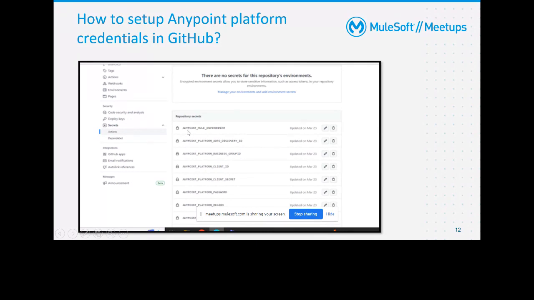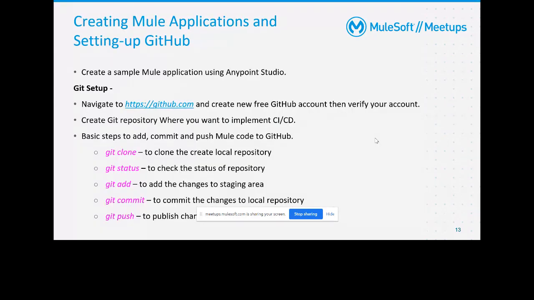Suppose there is some username: it is a key value thing. So you can put the key as username, and in value you can specify your value of the username. It will not show again when you click on edit; it will show you an empty box there. We can see this in the demo. In this way you can use this type of information in the CI/CD deployment.